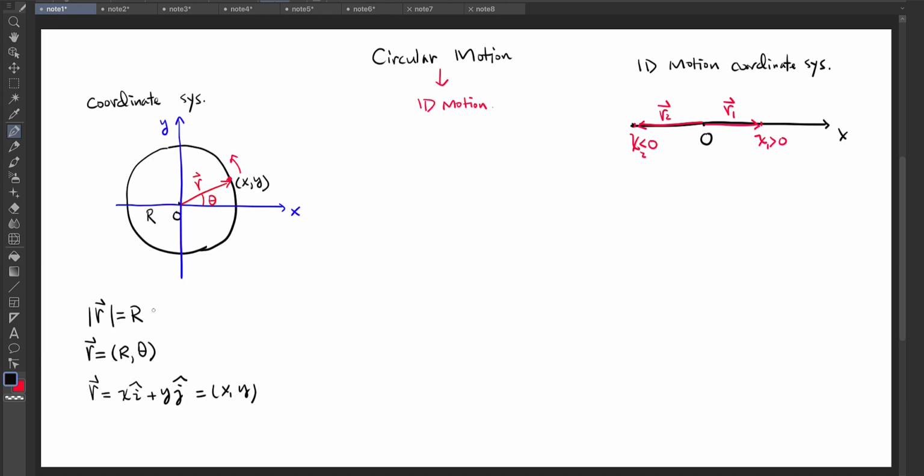Okay, and that's a conversion between these coordinates, x equals r cosine theta and y equals r sine theta. So you may say now we have a two-dimensional vector, right? A 2D motion. However, because this r is fixed,